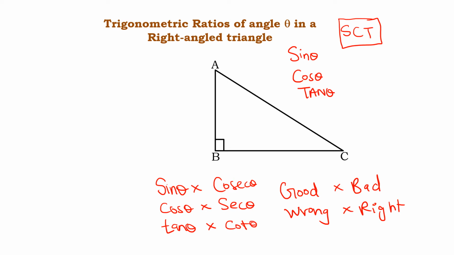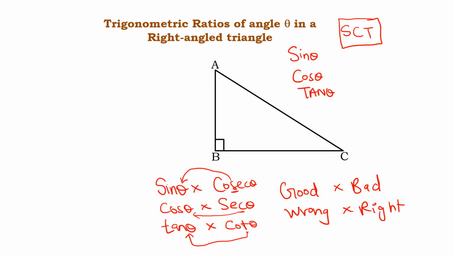Now, how can you remember this? You can see the third letter. What is the third letter? The third letter of cosec is S, that is, for cosec theta, the opposite is sine theta. Similarly, the third letter of sec is C, that means the opposite of sec theta is cos theta, and the third letter of cot is T, that is tan theta.